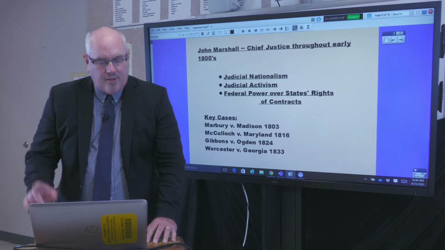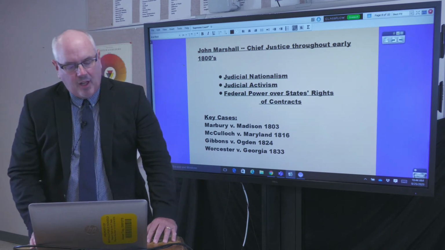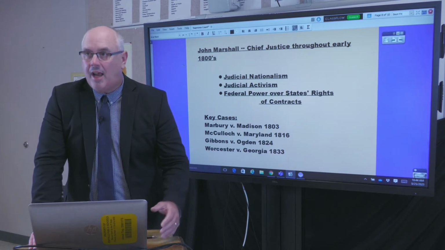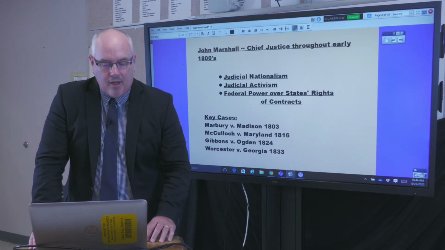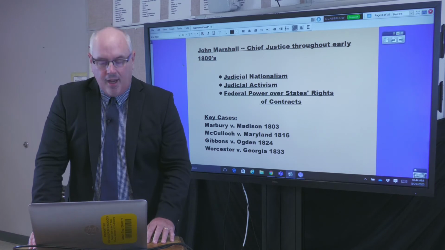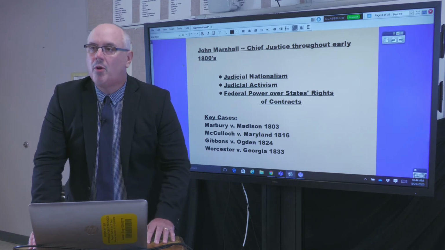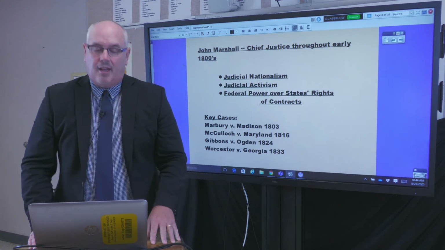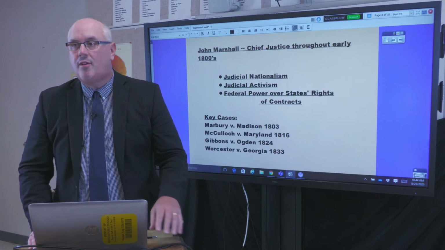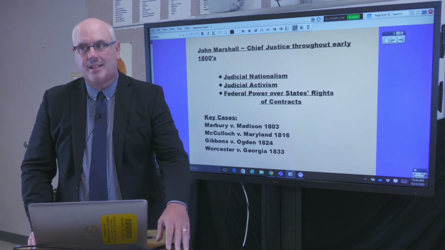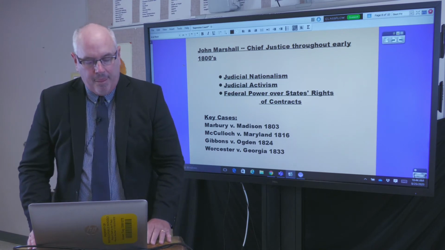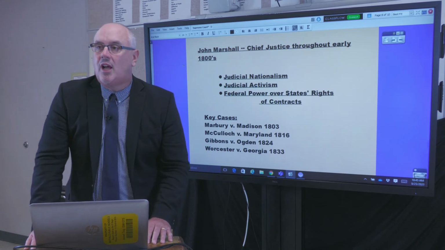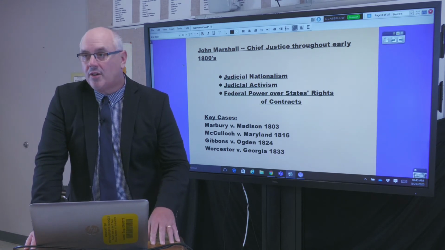So that's the first case. The other cases, we have McCulloch versus Maryland. We have a case where the National Bank, which Alexander Hamilton had, as part of his financial plan, created. And we had the state of Maryland posing a challenge to the National Bank. Inside the state of Maryland, the state attempted to destroy the National Bank by taxing it with state taxes. And what Marshall rules in this case is that the supremacy clause of the Constitution within Article 6 says